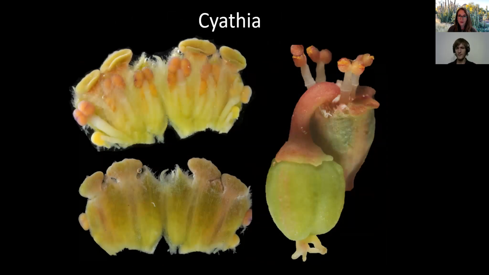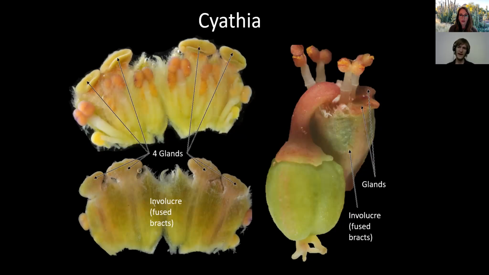Now, a cyathium is made up of an involucre, which is on the outside. What an involucre is, it's just fused modified leaves called bracts. And in this case, there are 5 bracts that sort of surround the flowering structures. And at the tips of those bracts, you have 4 glands. Now, these may produce nectar. Some of them do, some of them don't. And a lot of the times you'll have these petal-like appendages that grow off of the glands. Now, inside of the cyathial wall, the involucre,